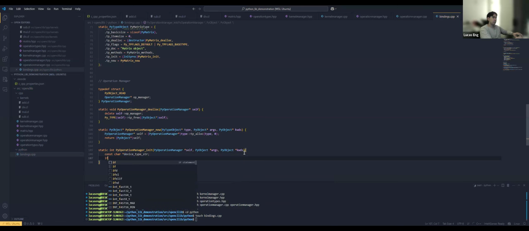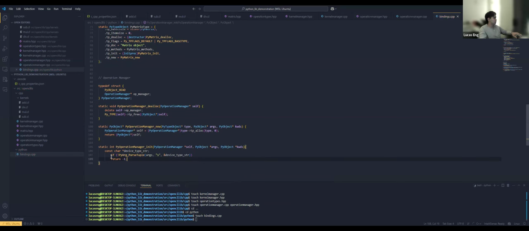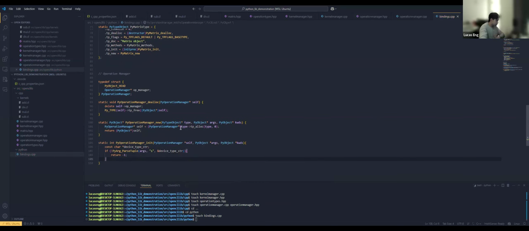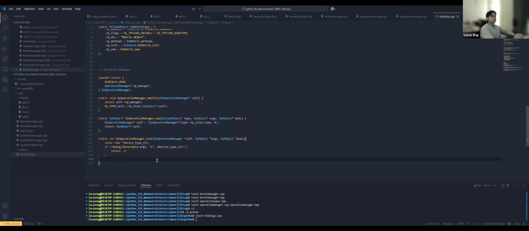So you still have to do that sort of parsing with that string involved. In this case, we're just taking in a single string, so you only need the S. And then